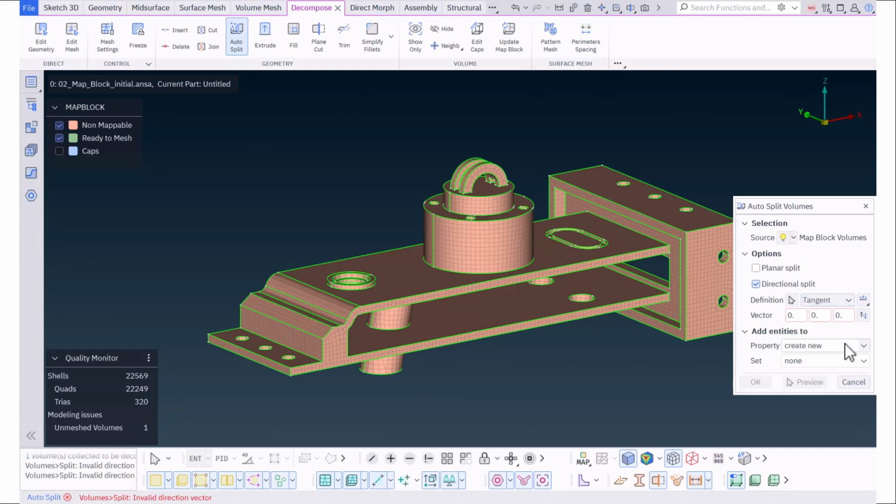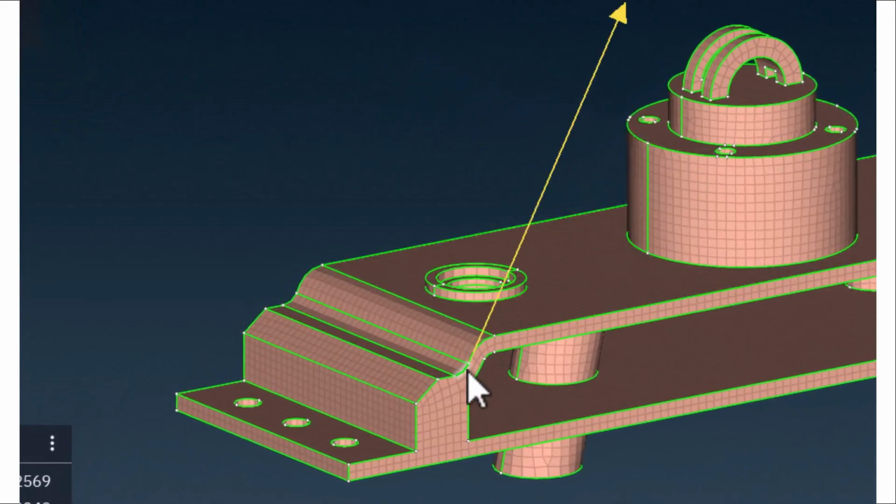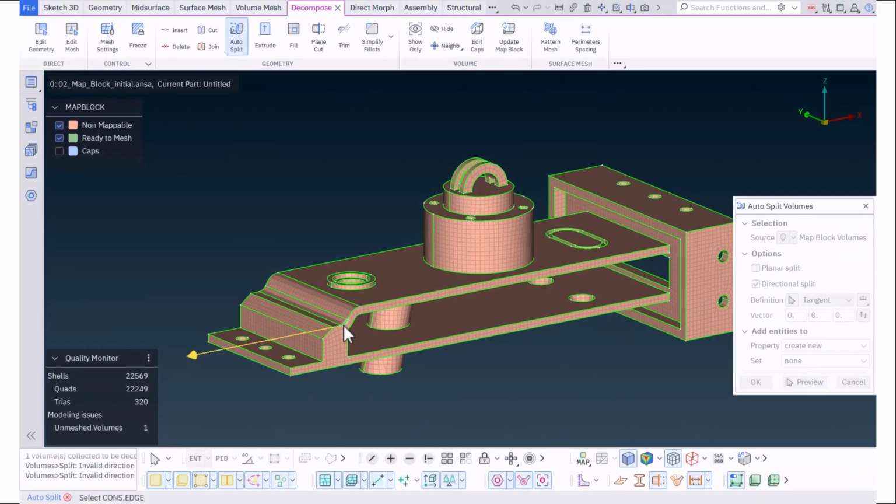The tangent option sets the split direction, based on the tangent direction on the edge of a selected curve. Click the arrow next to tangent, select a curve, and the system will preview the tangent direction at one of its edges. The edge displayed for the preview depends on the proximity of the click. The side of the curve closest to the point where the selection was made will be used. For straight lines, the tangent direction remains constant at all points along the line, as it aligns with the direction of the line itself. Select the outer upper left corner of the front frame as shown.